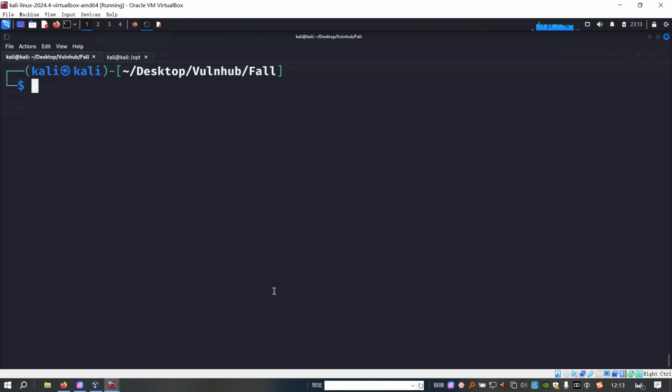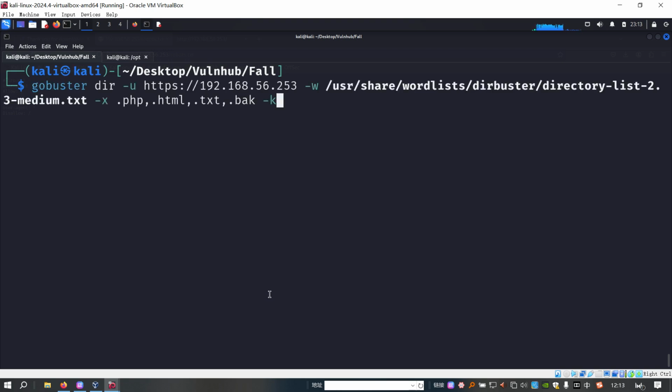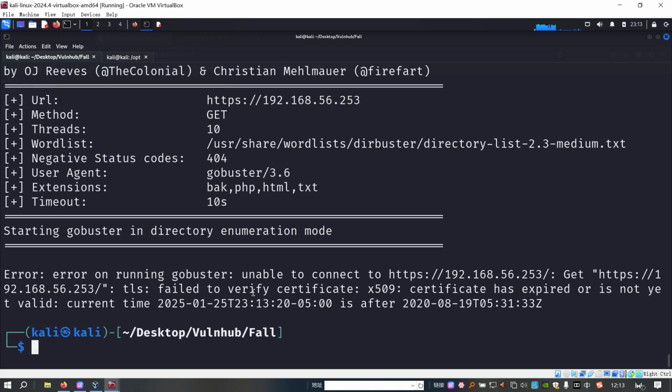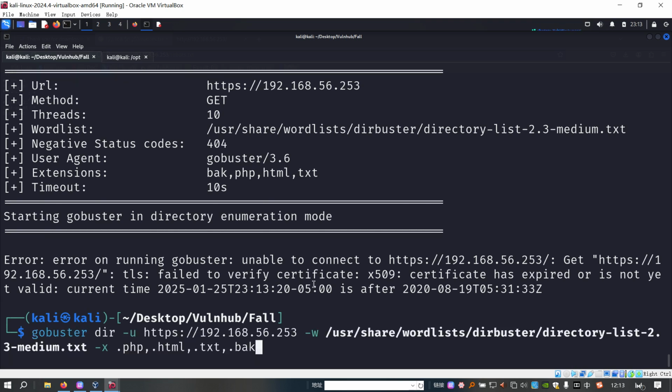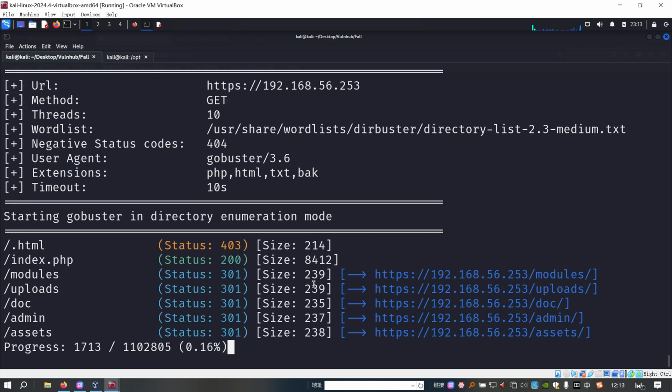Next, as usual, I will conduct directory enumeration with GoBuster. Let me auto-complete this command. So now we can press enter. When we try to enumerate the HTTPS site, you will get such an error: failed to verify certificates. Of course, we do not want such a verification, and we can ignore this sort of verification with the option -k. Press enter, and now